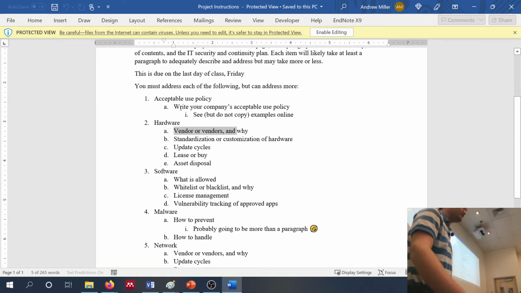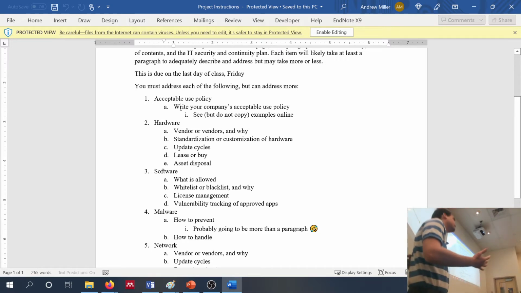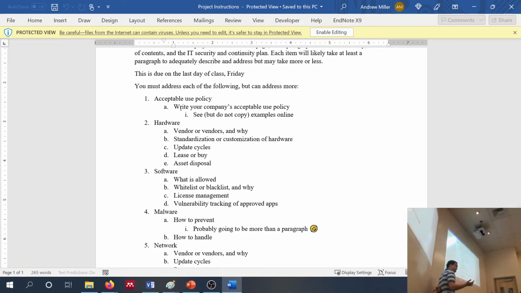Now, with an acceptable use policy, that's the first item you're going to have. Can you fit an acceptable use policy inside of a single paragraph? Probably not, right? So what I suggest is to go online and look at companies' acceptable use policies. That's going to give you a good idea about what should be included. That's going to be a pretty big item. It's probably going to take a whole page, maybe a little less, maybe a little more, but in general you'd expect an acceptable use policy to take up roughly a page.